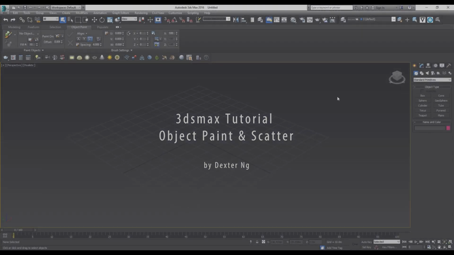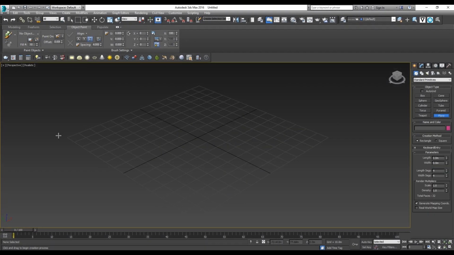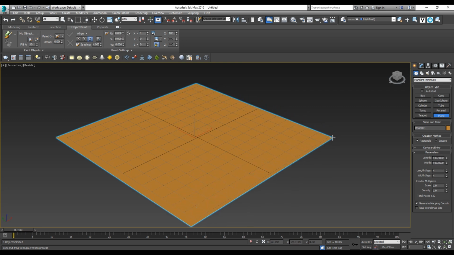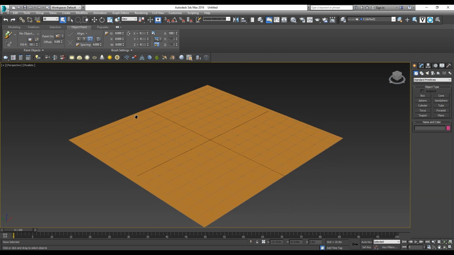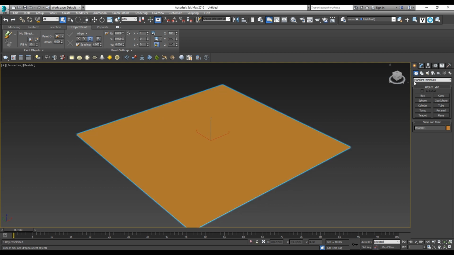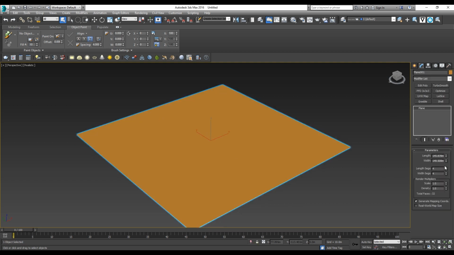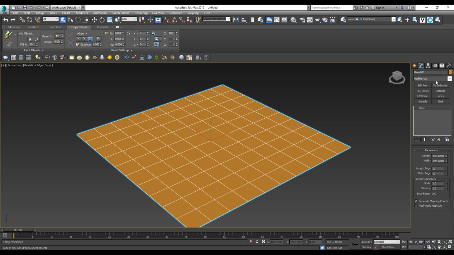Hey guys, this tutorial is about object paint. So I'm gonna demonstrate how to use it and different ways to use it as opposed to the scatter. So we start by creating a plane, give them some segments of 10,